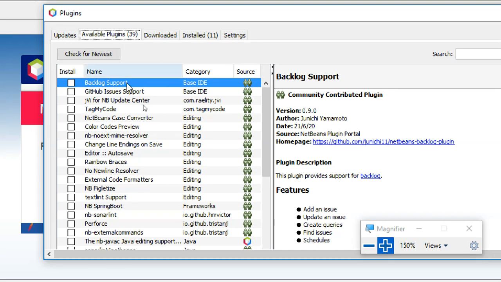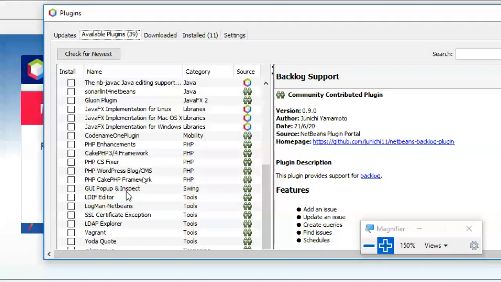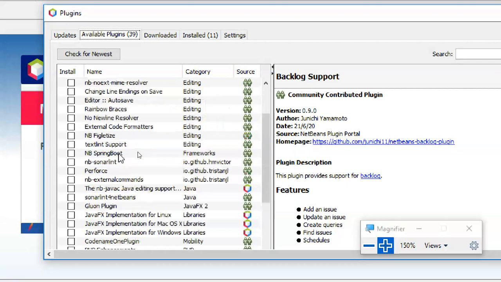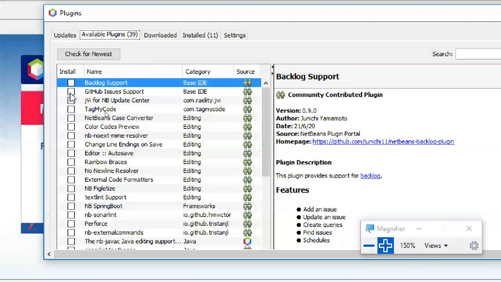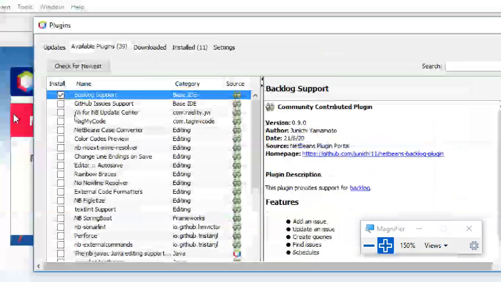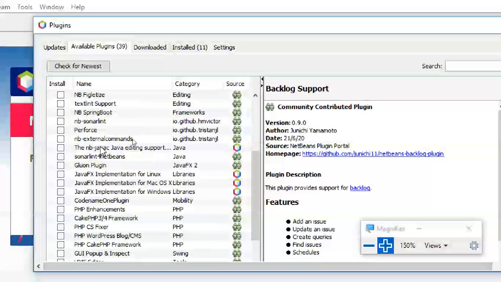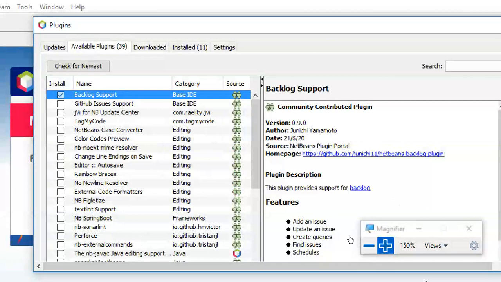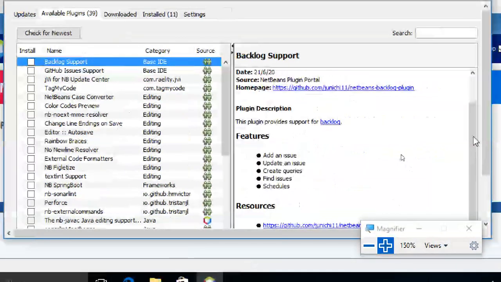So these are the available plugins. Totally 39 plugins are there. Based on what you require, you can select those things and install them. Just click it and that's it. There is an option here that will tell what that thing is.